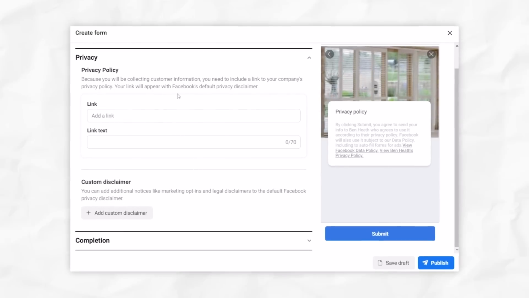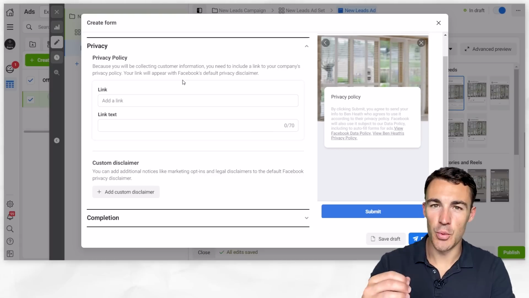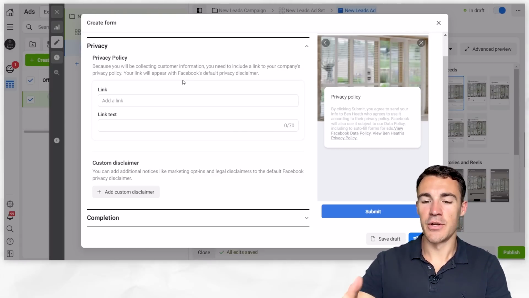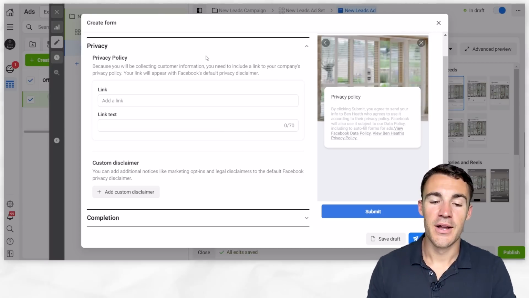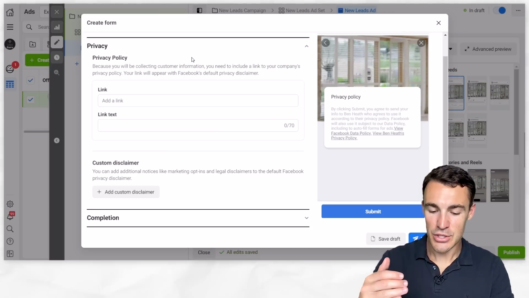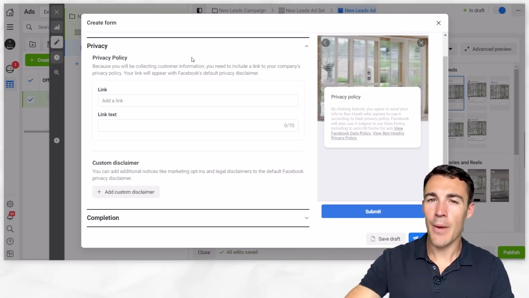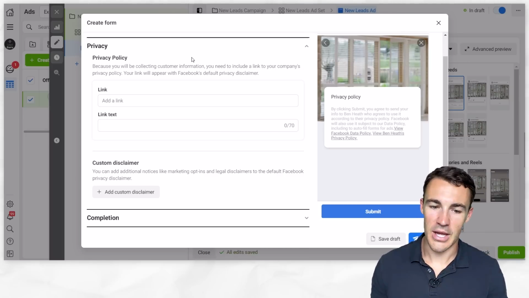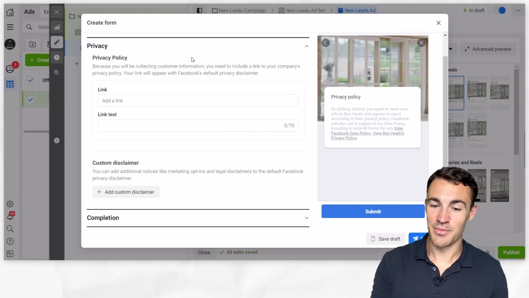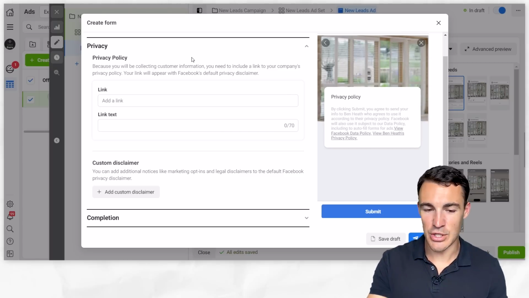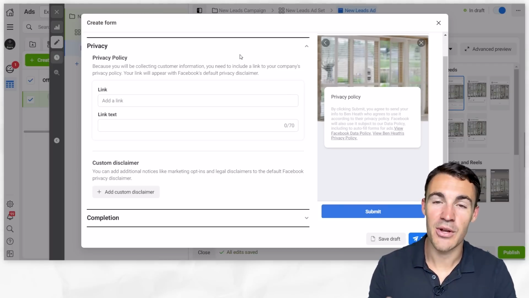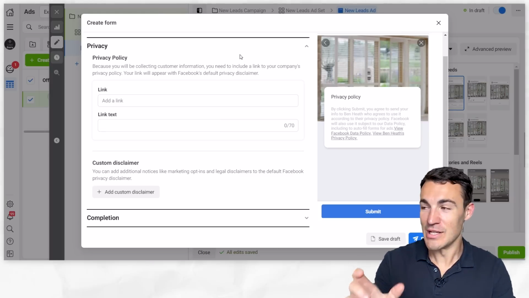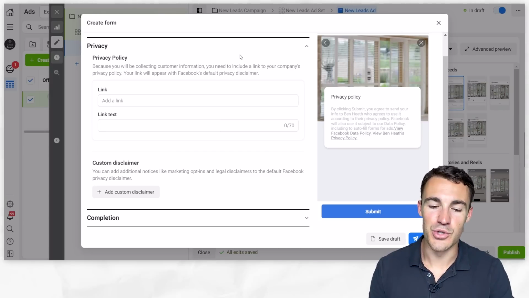Okay. Then we get on to the privacy. Now, because you are getting people's information from their Facebook, Instagram accounts, or whatever they enter in manually themselves within your instant form, there has to be a source, a place where those people can go and see, how is this company going to use my personal information? A privacy policy. So can you run Facebook ads without a website? Yes, you can use lead campaigns or lead generation campaigns and a few different other campaign types. Can you generate leads with Facebook using this strategy without a privacy policy? No. You don't need to have a full website. You could just literally have a privacy policy page up, but you do need